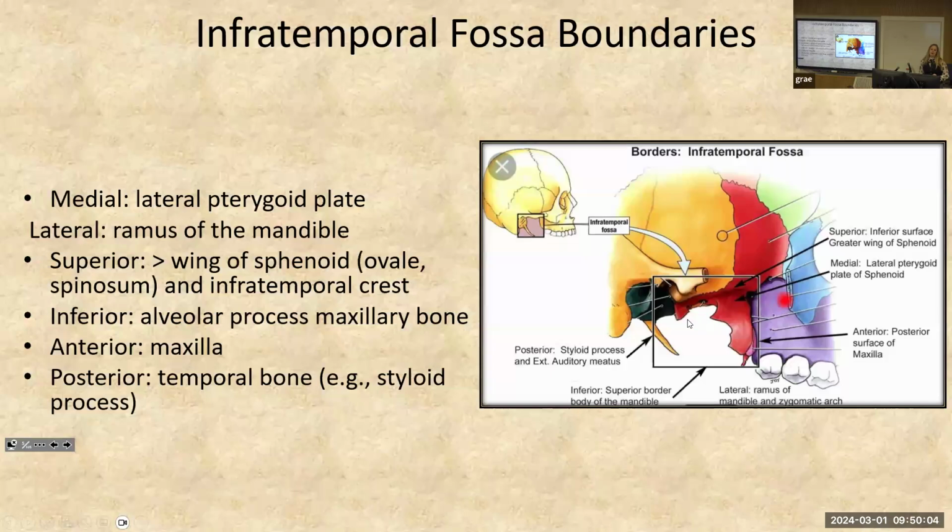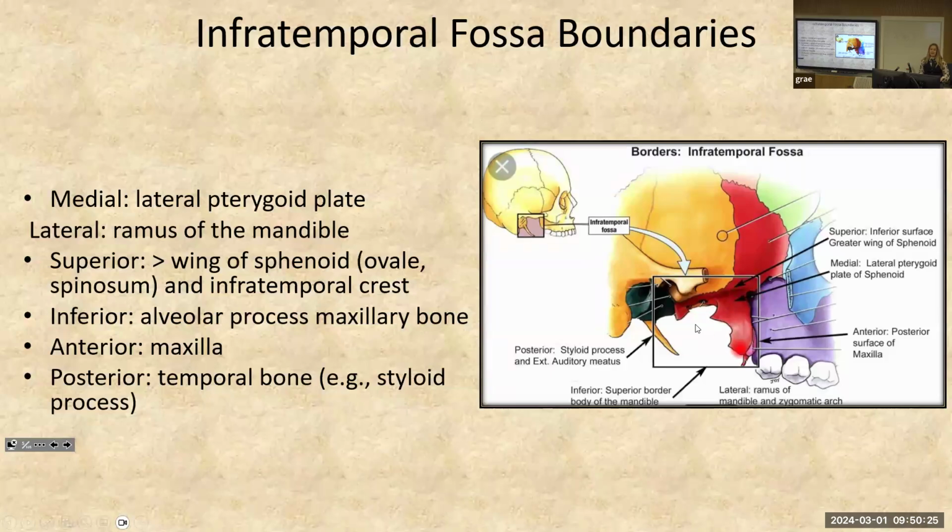And we've also cut off the zygomatic arch. And yes, we will be doing that in lab so that you can get down into this infratemporal fossa region. You can see the posterior aspect of the maxilla is a main player, being the anterior border here. You can see that the greater wing of the sphenoid bone is going to be a huge player in regards